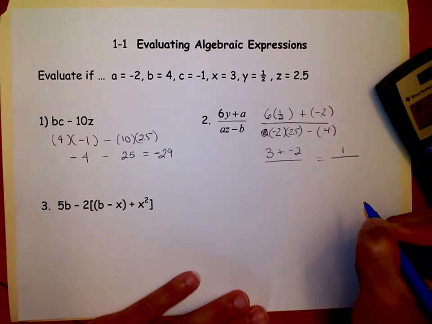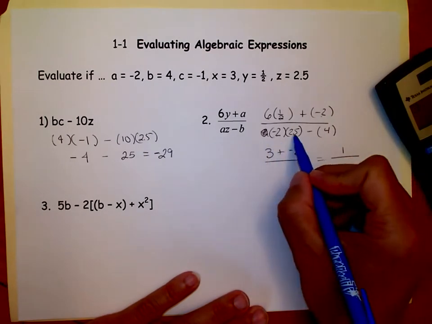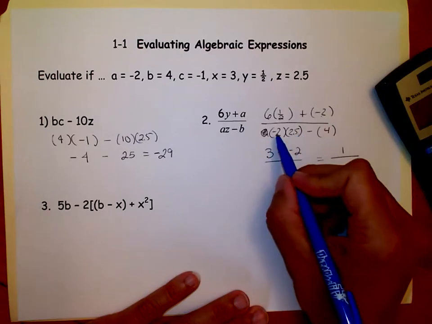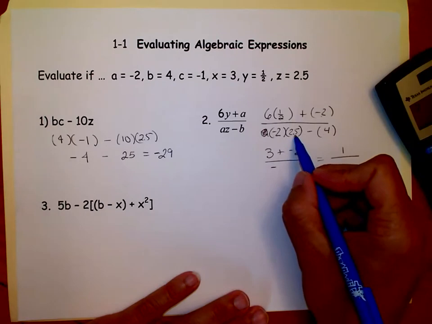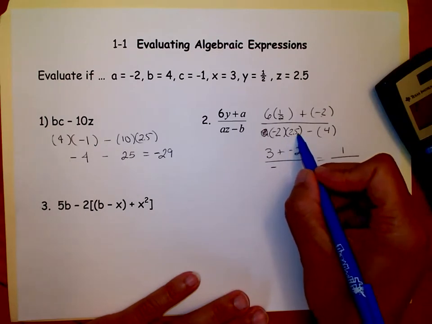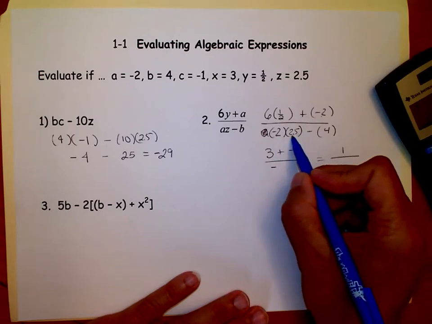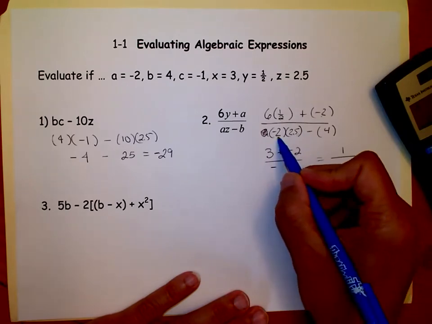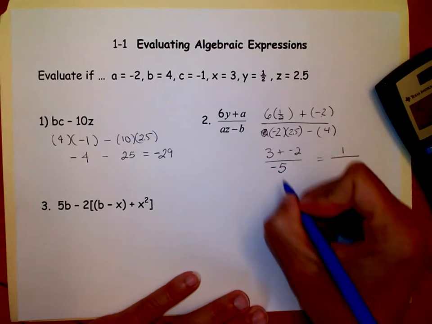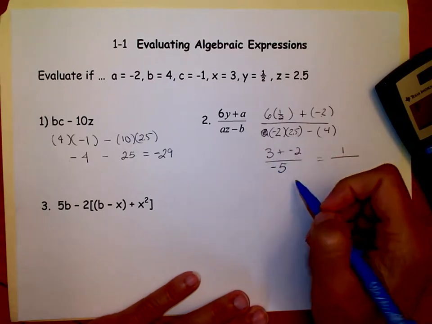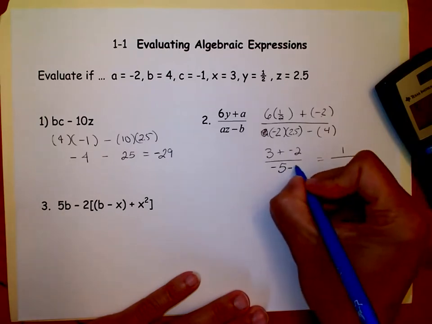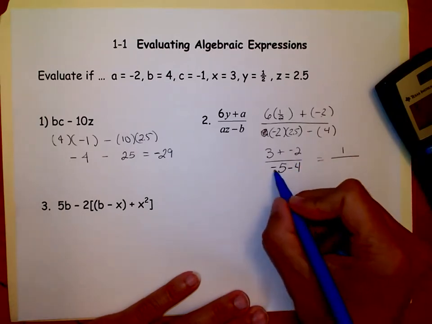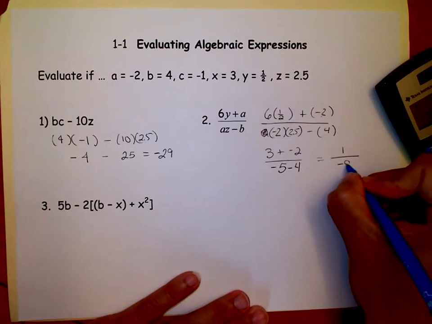We've simplified that completely. -2 times 2.5. Well, a negative times a positive is going to be a negative. And sometimes I think about money when I have decimals, because some people will grab the calculator. If you had $2.50, and you doubled it, what would you have? You'd have $5. So 2 times 2.5 with the -2 is -5. And then we're going to subtract 4 from that. So -5 minus 4 is -9.